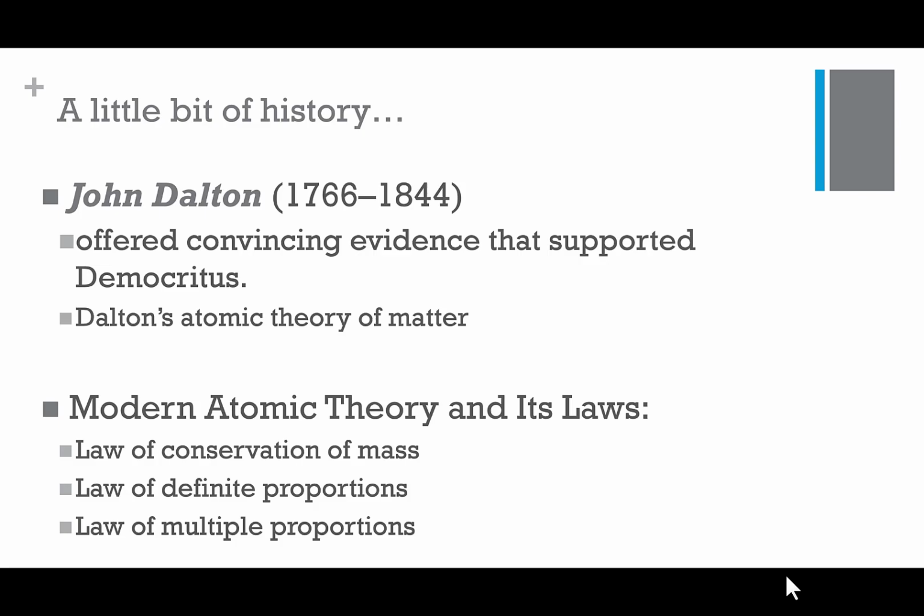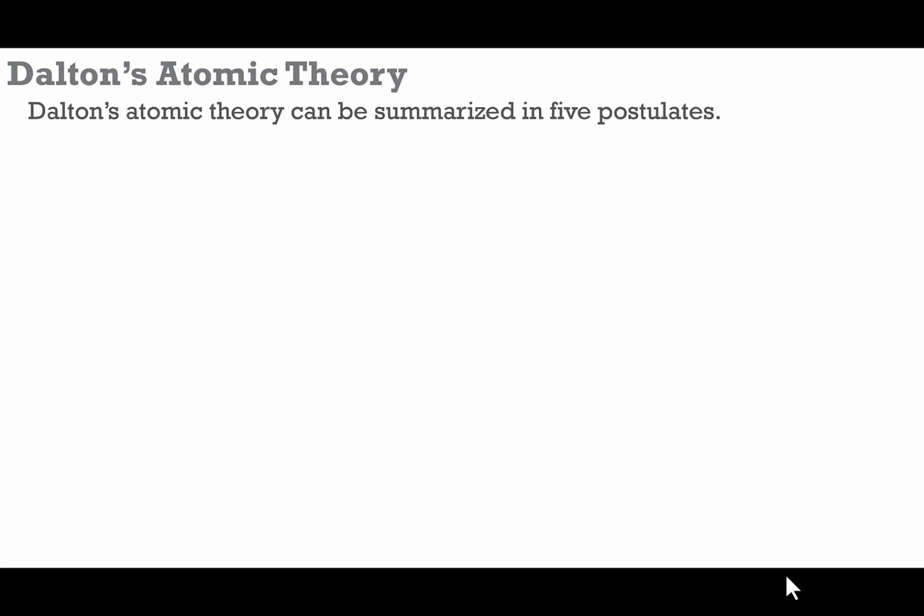Okay. So the modern atomic theory and its laws. A lot of times the textbook goes into a big conversation about all of these laws. I don't at this point, just because you don't have the knowledge foundations to build on here. You don't have the knowledge to really understand what these laws mean. So I'm showing you that during this time we got the law of conservation of mass, the law of definite proportions, and the law of multiple proportions. Okay. So this original atomic theory started to come out in the 1800s.